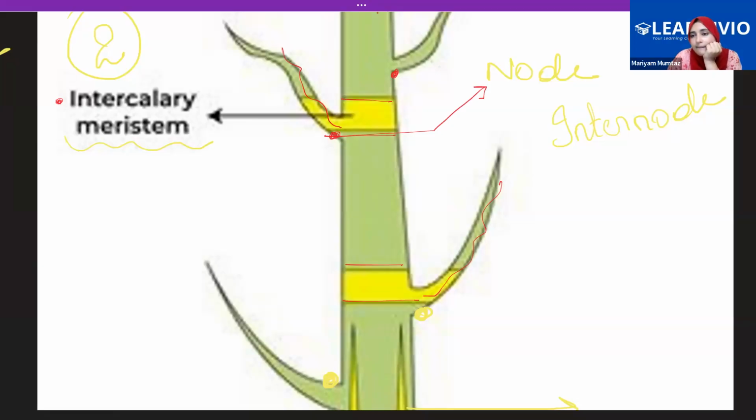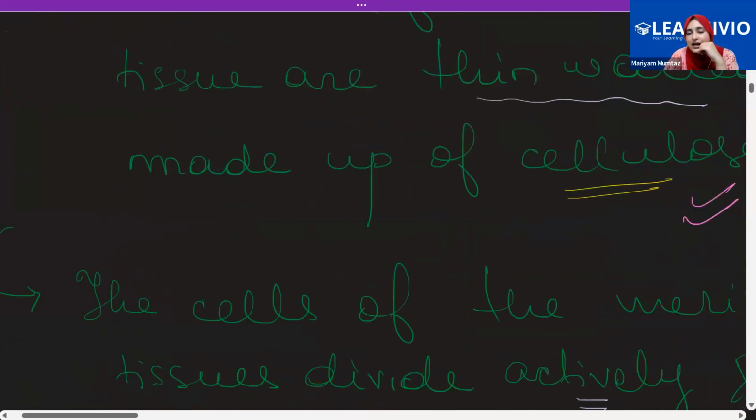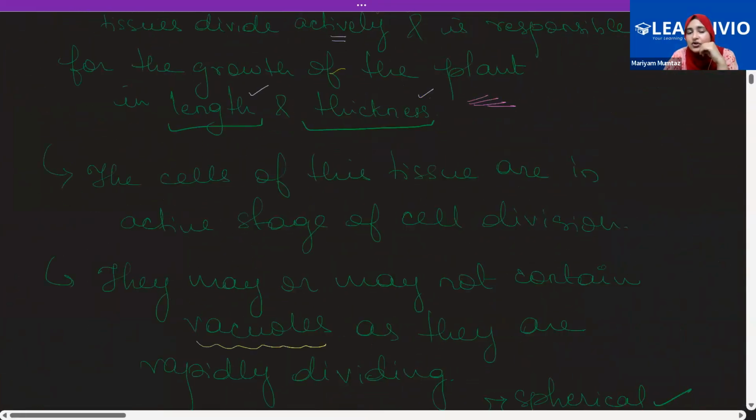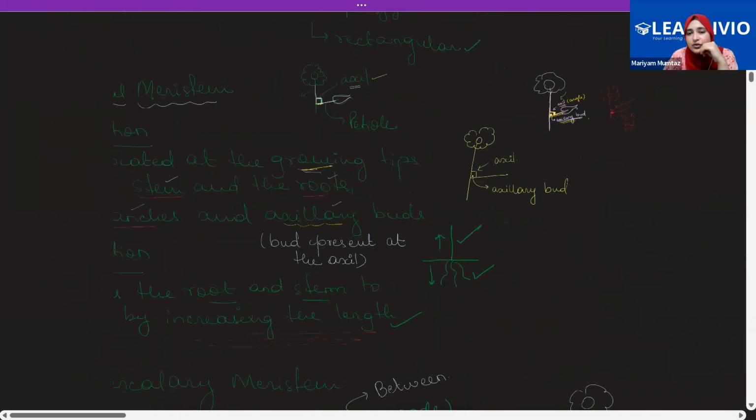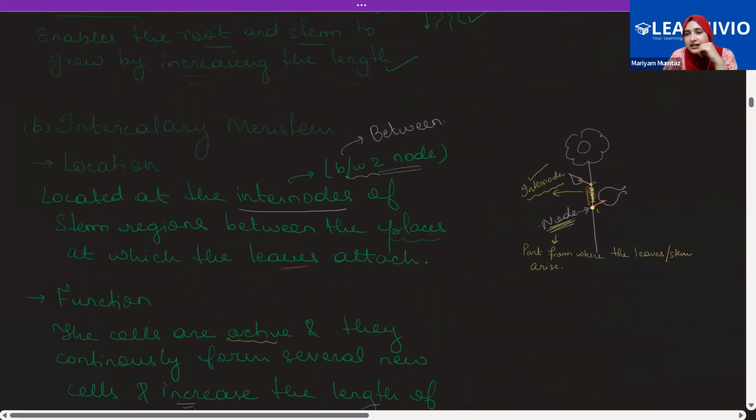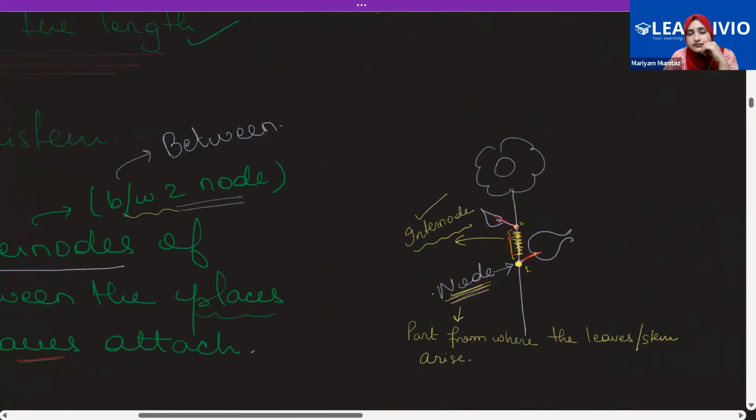Understood? Yes, ma'am. So the point from where the branches or the leaf arises, that point is called the node of the plant. So this particular intercalary meristem mostly comes out from that area, and it is also found in the internode part. Internode means, let's see in this diagram,